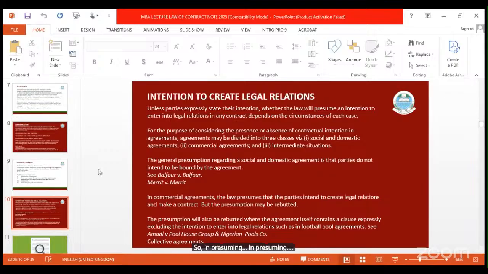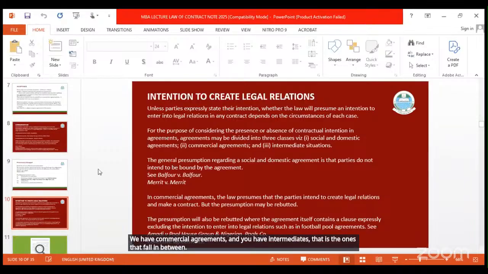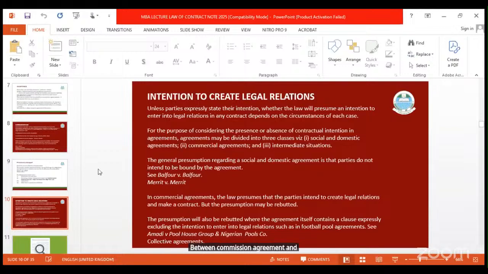Intention: contracts are divided into three types. You have social and domestic agreements, you have commercial agreements, and you have intermediates. That is the ones that fall in between commercial agreements and social and domestic agreements. Now, the law presumes